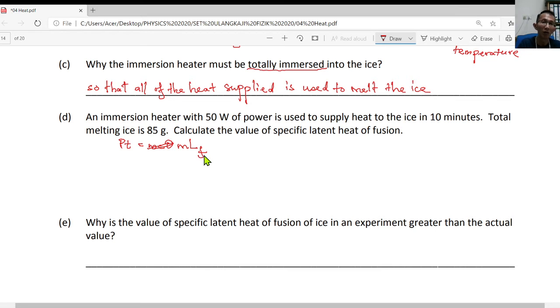All right, so my power is 50. And then my time is 10 minutes. Remember, we don't work with minute, we work with second. So we convert this minute into second. That will give you